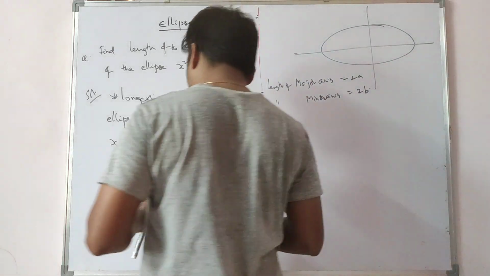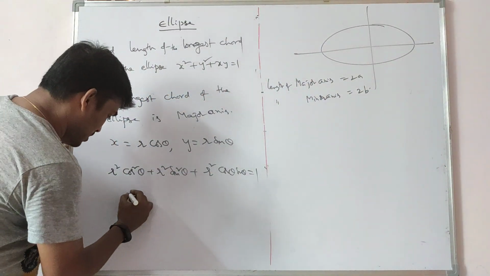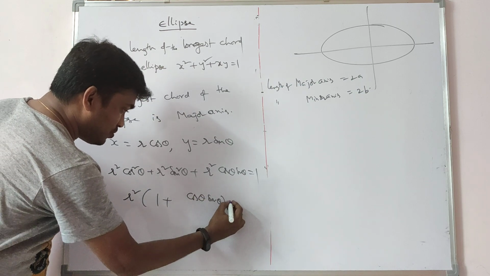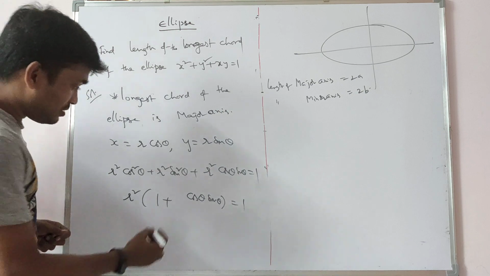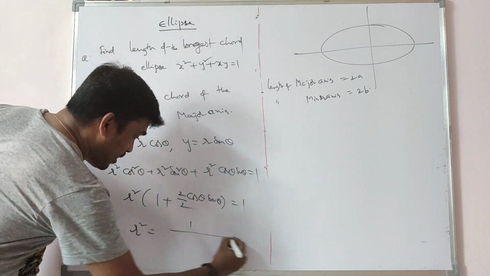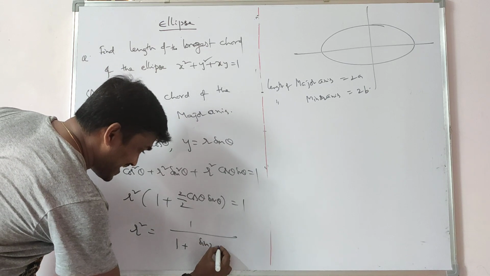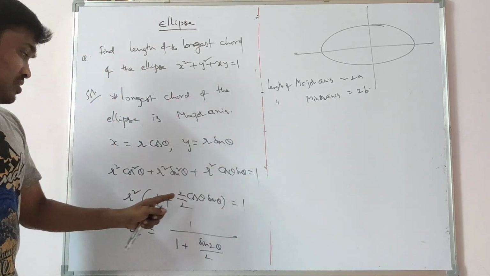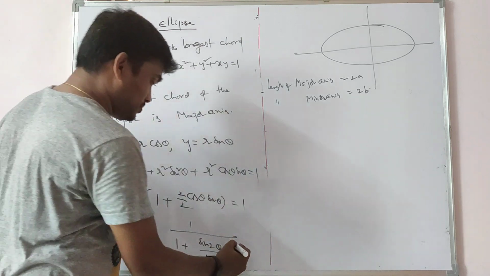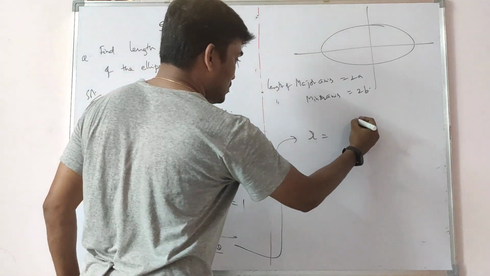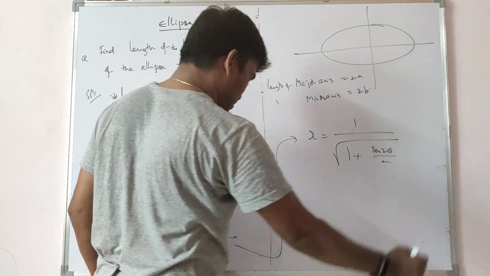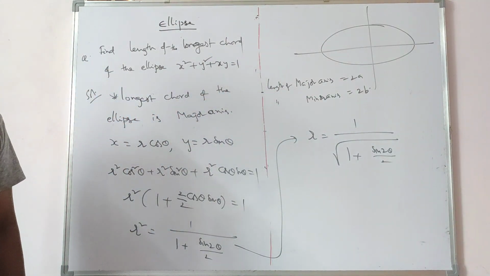So in this case, take r square as a common factor. What is the result coming? r square (1 plus cos theta sin theta) is equal to 1. Now what am I doing? Multiply and divide by 2 in this case. That is r square (1 plus sin 2 theta by 2) is equal to 1. Why? 2 cos theta sin theta, by the trigonometric formula, is sin 2 theta. Now r is equal to what? 1 by root over (1 plus sin 2 theta by 2). That's the answer.